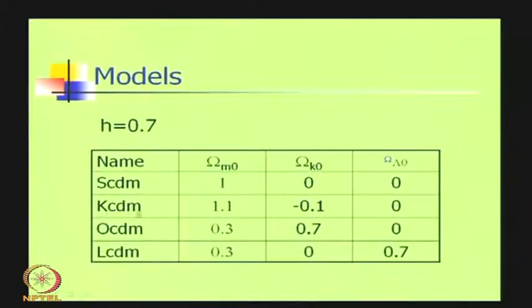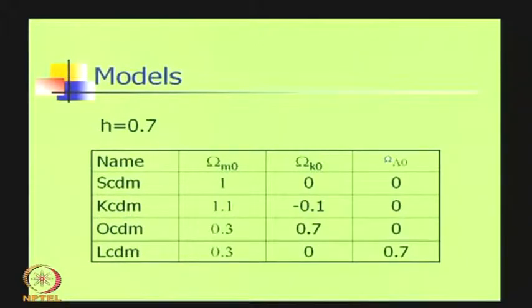This is another model where there is more density than the critical density. In addition to this, if there is more density than the critical density, the potential energy is going to be negative, which will make the universe collapse, and this model is going to be spatially curved. Omega curvature is negative. So, the sum total of these two has to be 1. This is the contribution from curvature. This is a model which I am calling KCDM, curvature. It has some curvature which is positive.